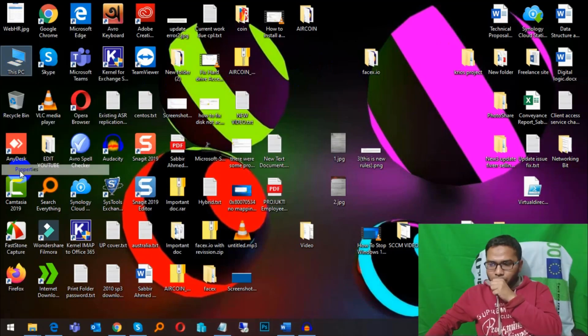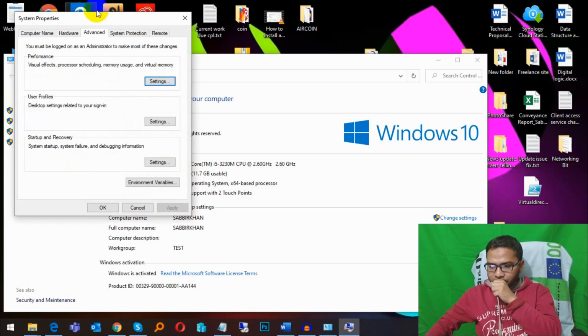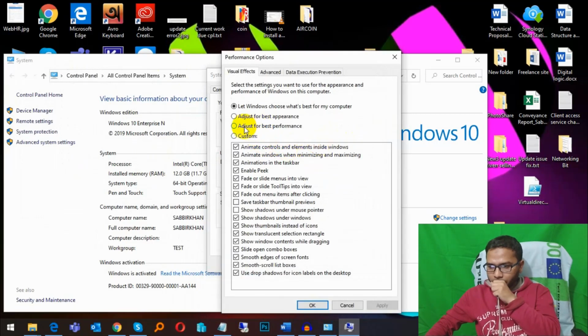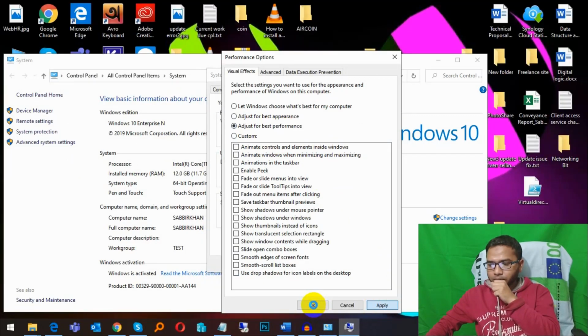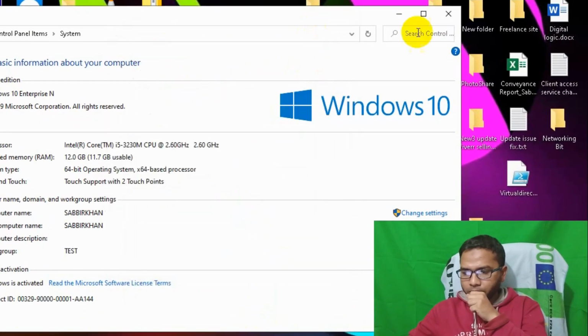Go to This Computer. You can click on Advanced System Settings, then click the Settings option and choose Adjust for Best Performance and click Apply. It takes some time, and okay. Then